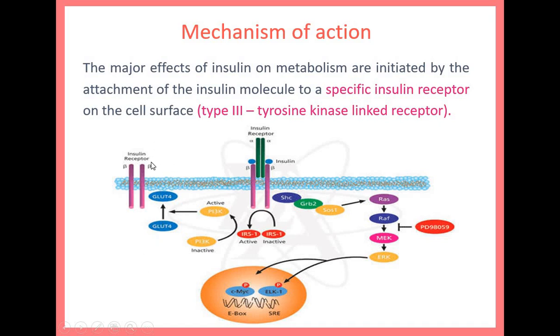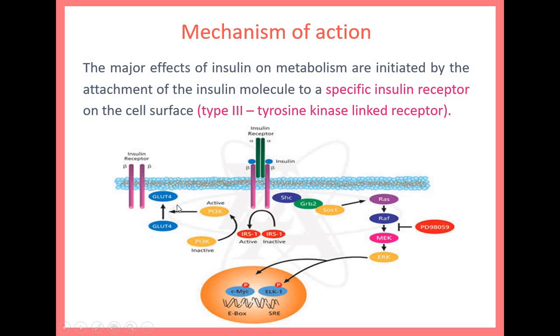Why can glucose not enter inside the cell? Because again it is water soluble in nature. So small molecules like glucose, which are water soluble in nature, right? Definitely polarity does not allow entry across the cell membrane, and for their entry you would need some carrier molecules, carrier transporters. Those carrier transporters are GLUT4. The translocation of GLUT4 is stimulated by the action of insulin. This is the major mechanism of action.